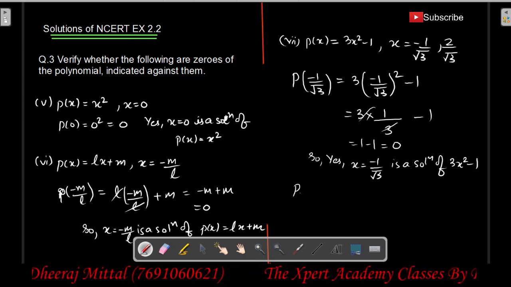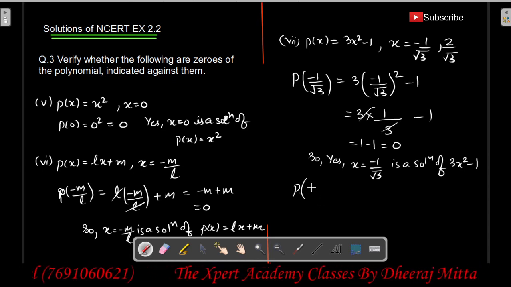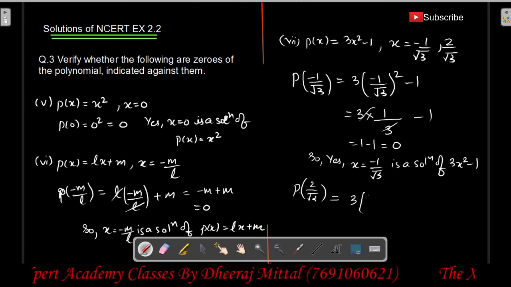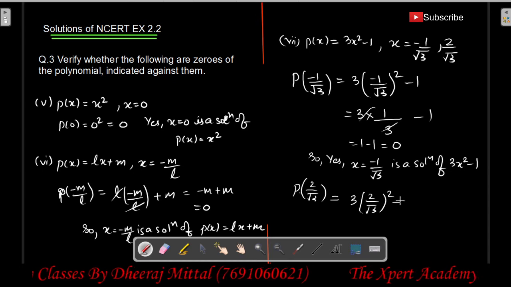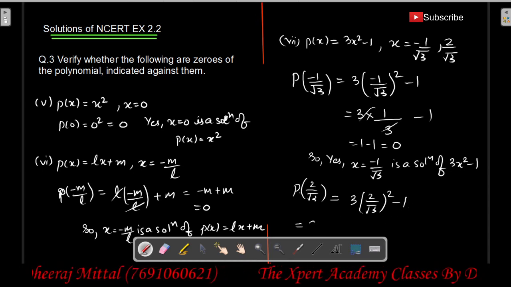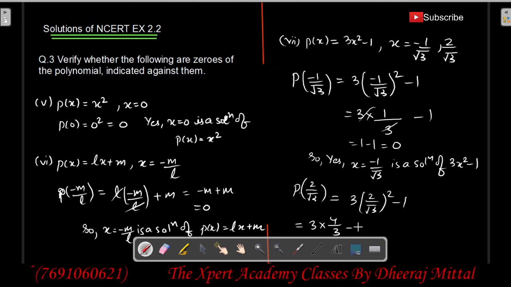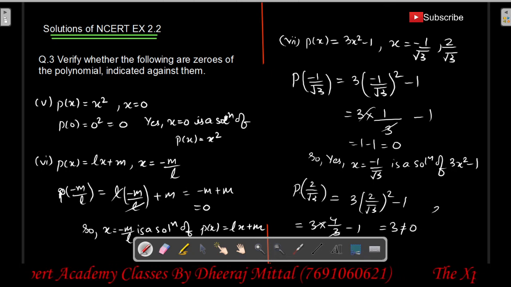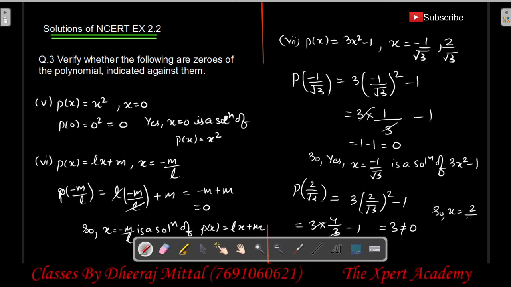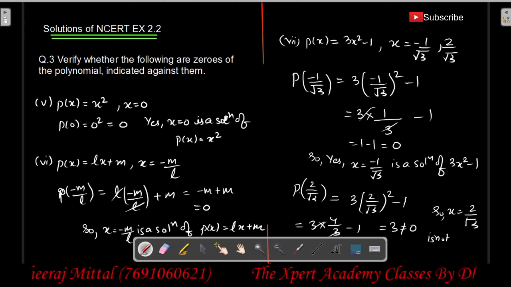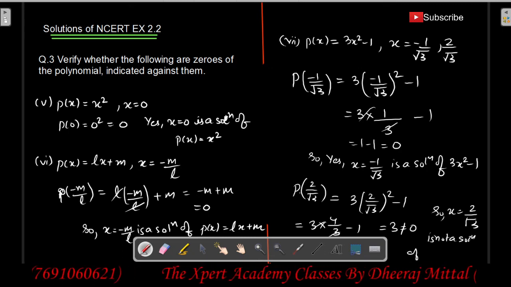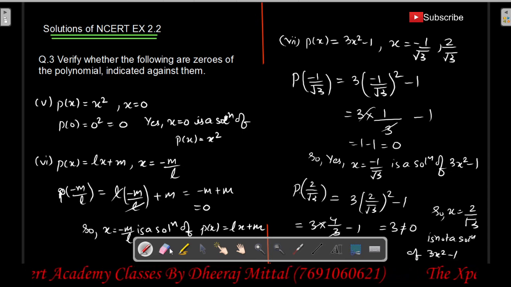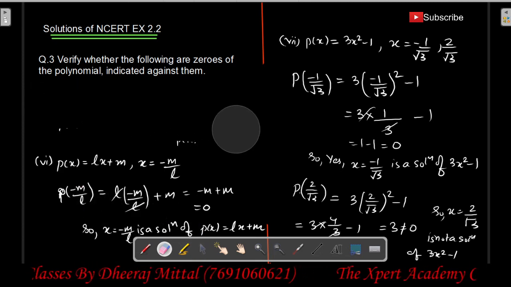Similarly, on putting 2 divided by root 3, we will get 3 into 2 divided by root 3 square minus 1. So on squaring we will get 3 into 4 divided by 3 minus 1. 3 to 3 cancel, 4 minus 1 is 3, that is not equals to 0. So x is equal to 2 by root 3 is not a solution of 3x square minus 1. So last part of this question, 8th part,